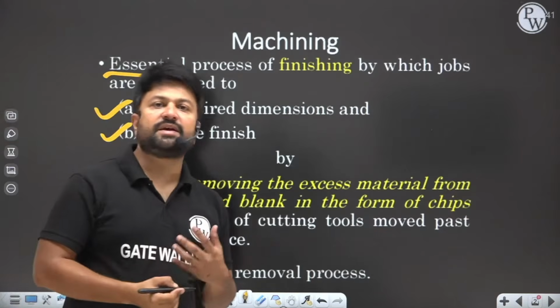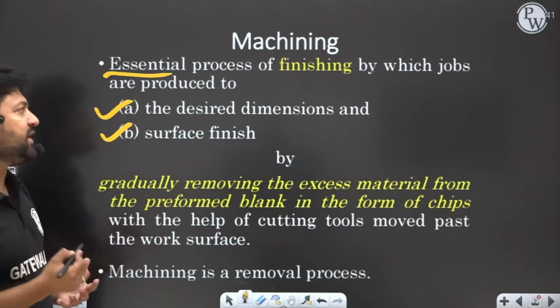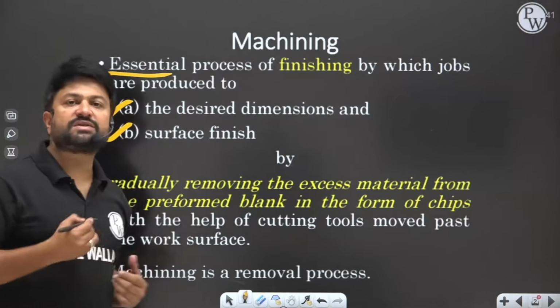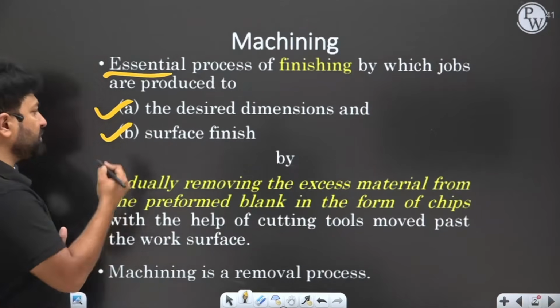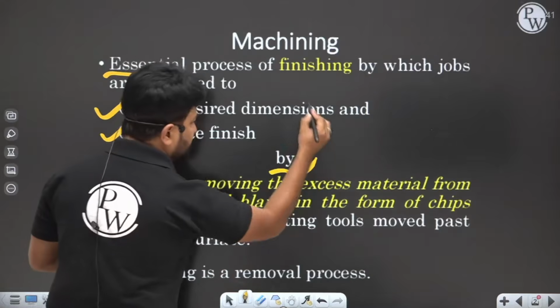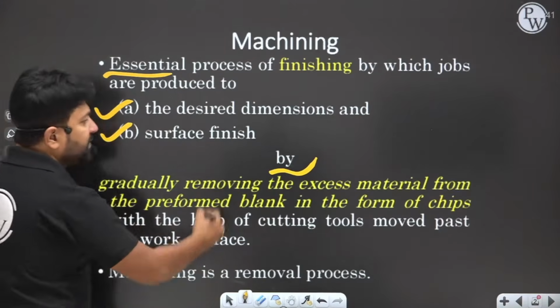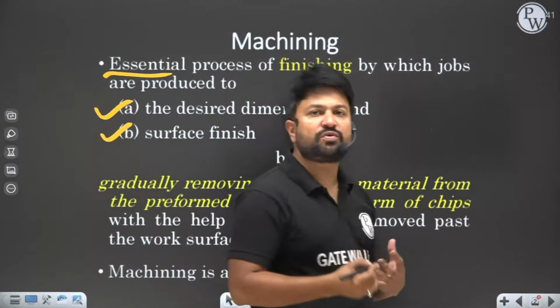Now the question is, how can we obtain the finishing process? The finishing process is obtained by gradually removing the excess amount of material